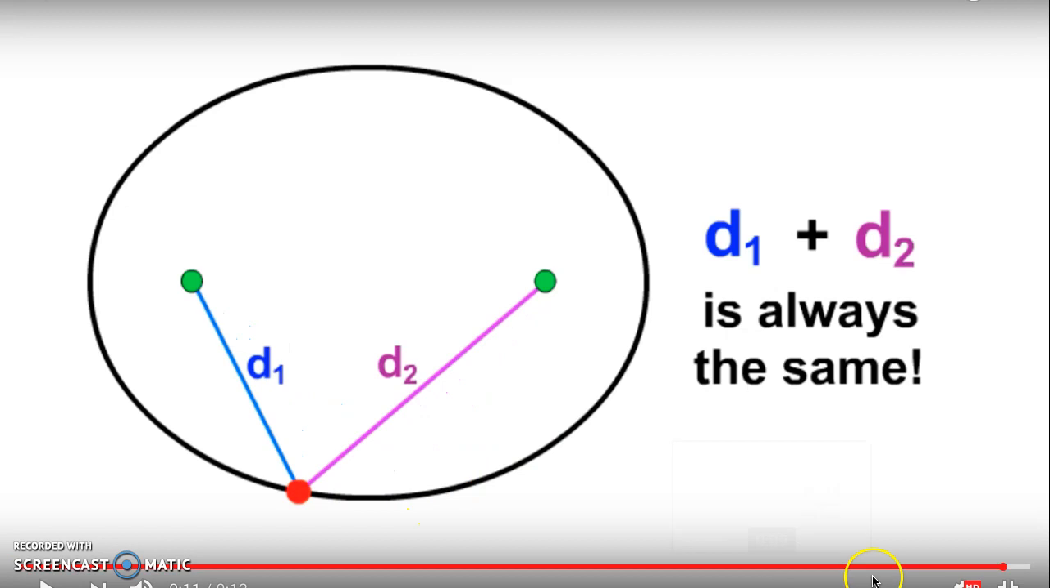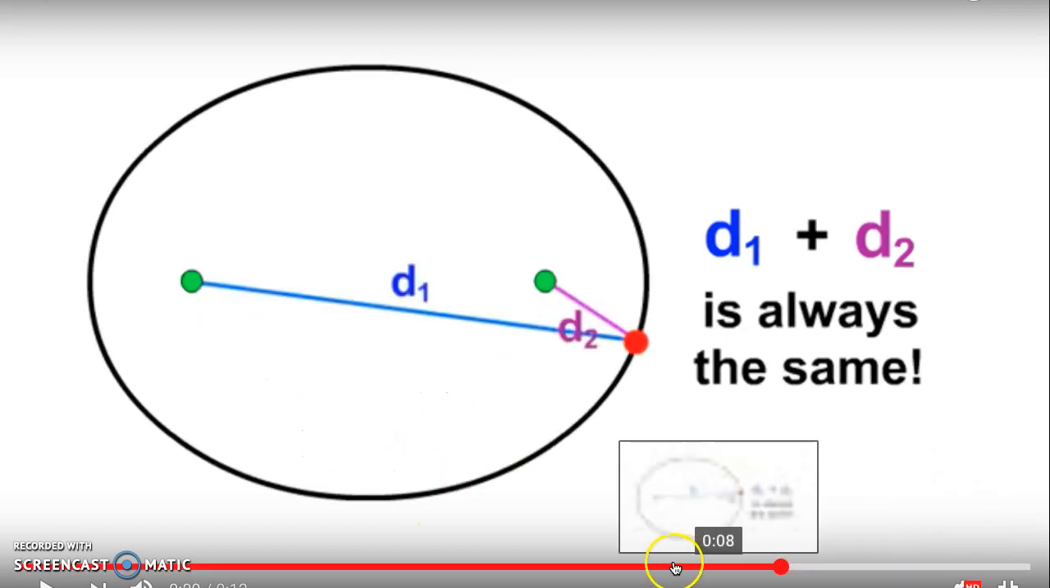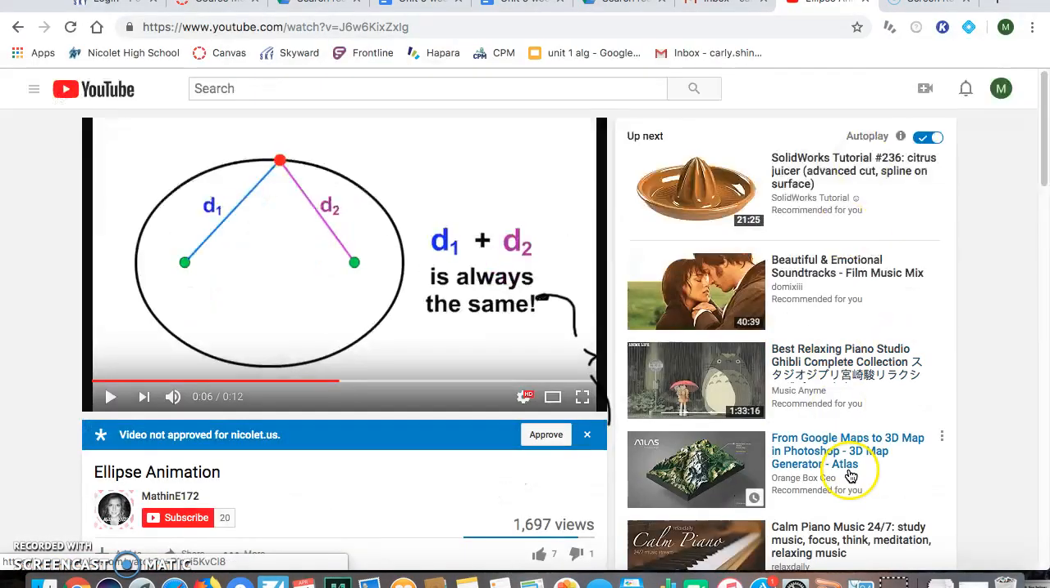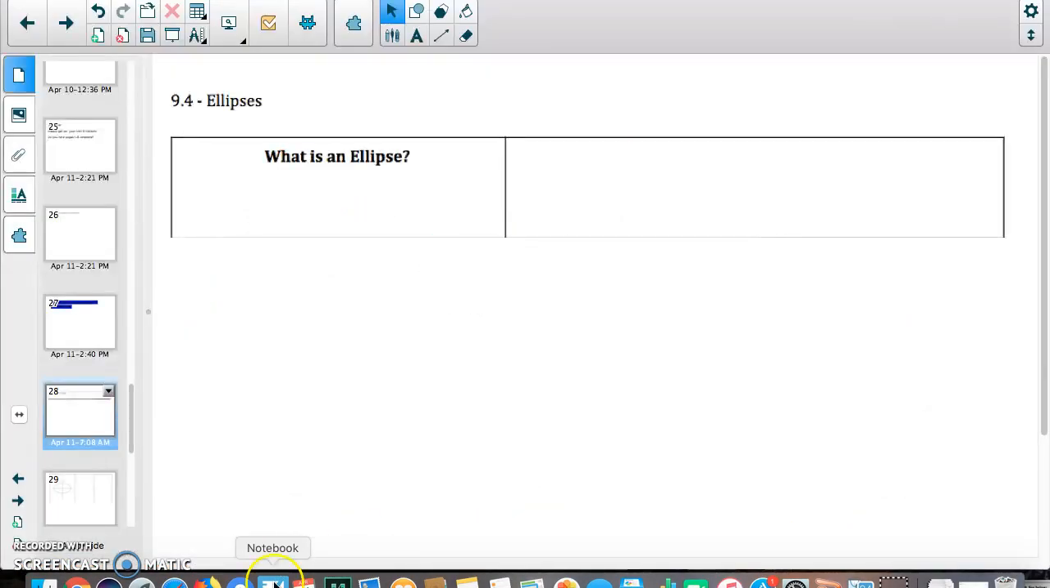So, pause. Notice the oval is being made by points where the distance from the two foci equals some number. So let's go back to our notes